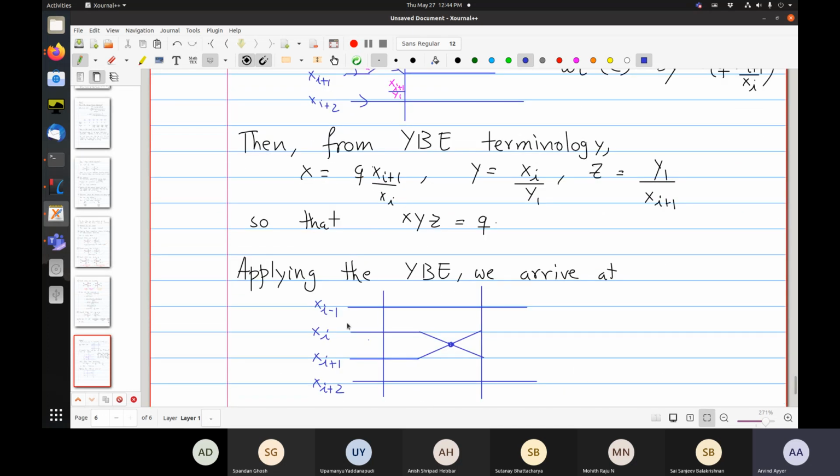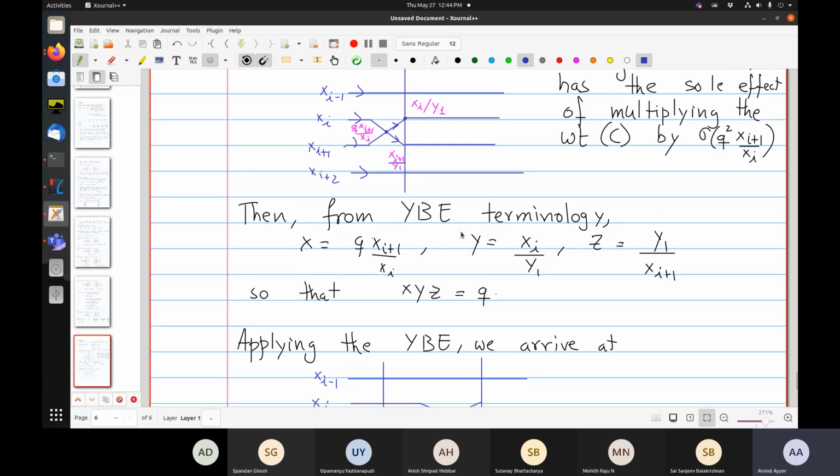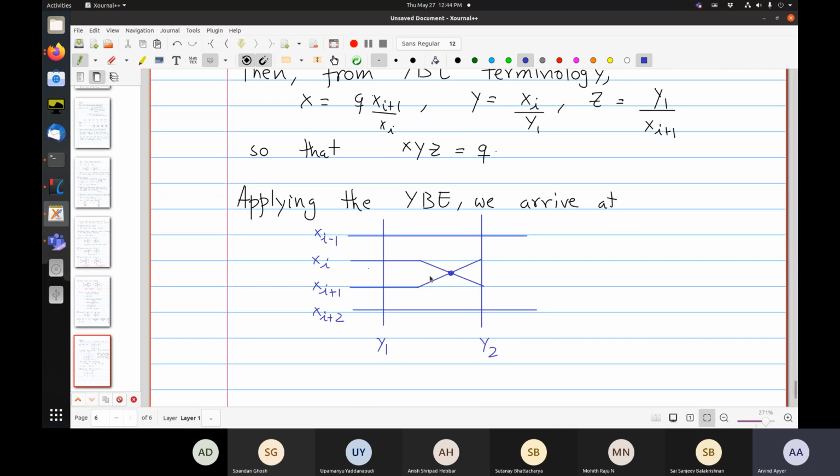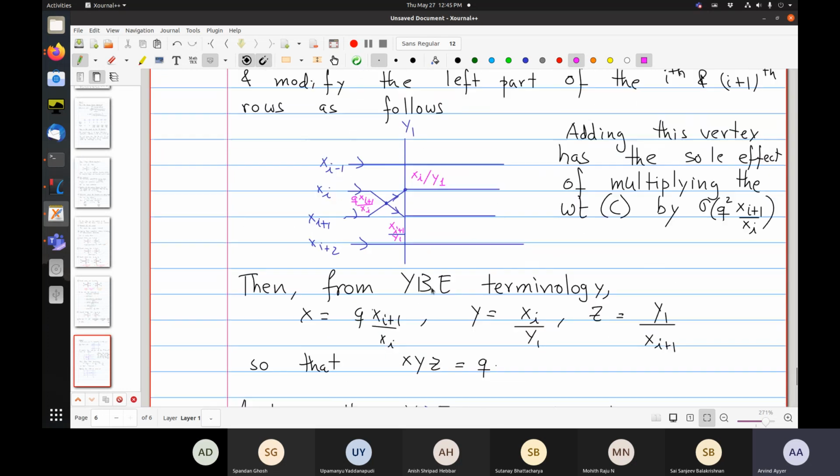Okay. So that x which was here went here, and so on this side this becomes the same exact thing, which is q xi plus 1 by xi. But because putting it over here is the same as putting it there, let me finish this. So what has happened is purely on this side. The right hand side of the Yang-Baxter equation is this side. The x weight should have come here, but it doesn't matter. I can put it over here. It's the same. Now what happened to y?